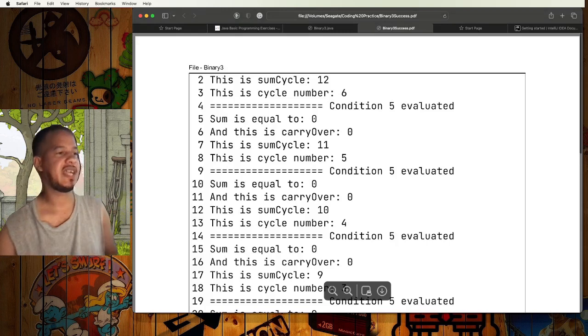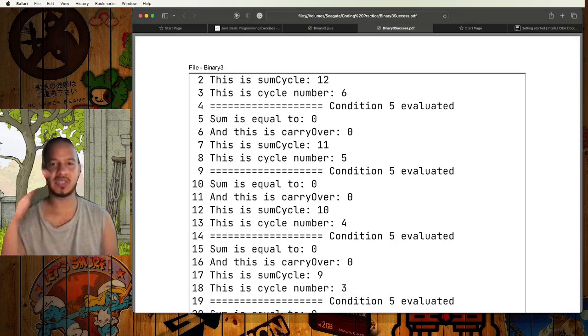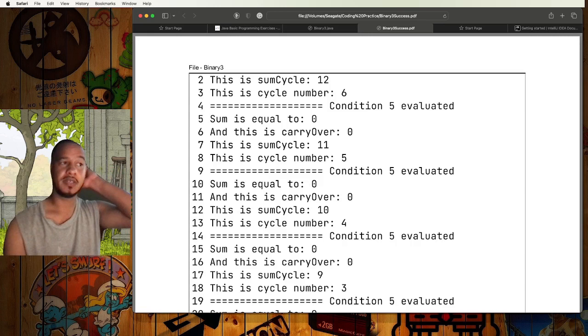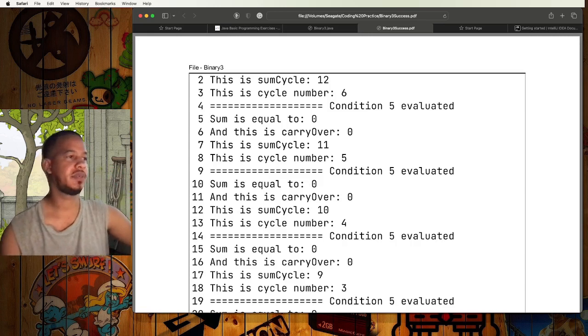Now on the second cycle through the code, which remember is counting down 6, 5, 4, 3, 2, 1, so 5 is the second cycle. In the second cycle, as you can see, it printed the sum is equal to 0 and carryover is equal to 0. Let's go back to